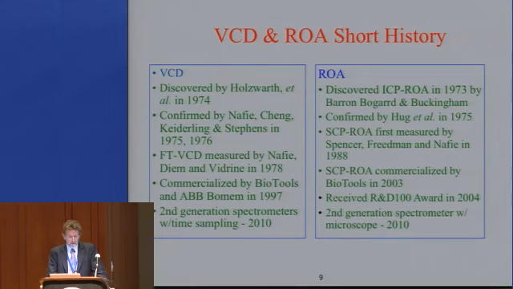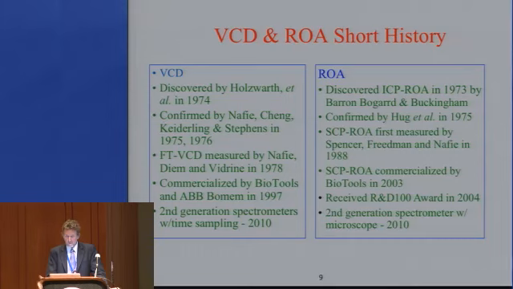Fourier transform VCD was first published in 1978, and both Max Diem, and I'm not sure Warren Vedrini is at the conference, but I talked to him earlier today, participated in that. That took place actually at the Nicolet Instrument Corporation in Madison, Wisconsin. Then you have to fast forward almost 20 years to get it commercialized by BioTools,